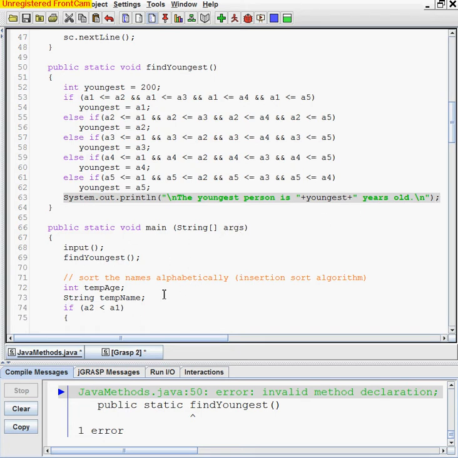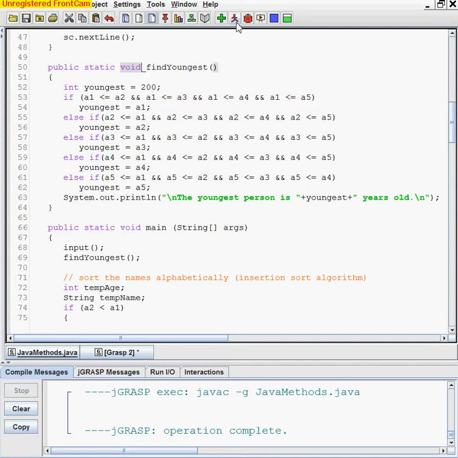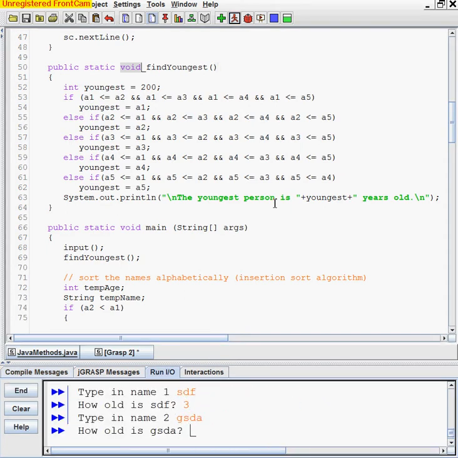But what if later on I want to know what the youngest person's age is, and I want actually that value given back to me? I might want to have the youngest person in main for some reason. So I could put void here, and it should compile this time. And if I'm going to put some garbage data in here because it takes too long just to